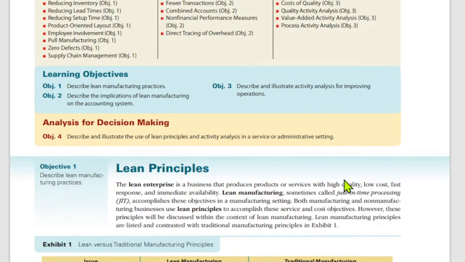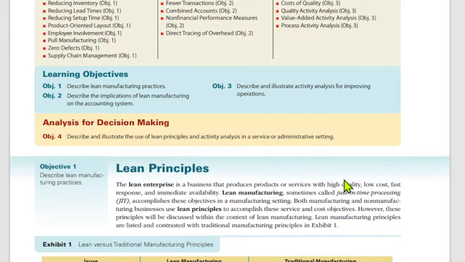So before we proceed with what lean accounting is all about, we have to identify the concept of a lean enterprise. Kapag sinabing lean, I want to cite an example. Halimbawa, for those who are doing a diet, 'di ba pag sinabi dapat lean meat ang kainin natin. When we say lean meat, it is a portion of that meat that is the best and suited for those doing a diet. So in this case, yung lean na tinatawag is the quality while looking at the cost.